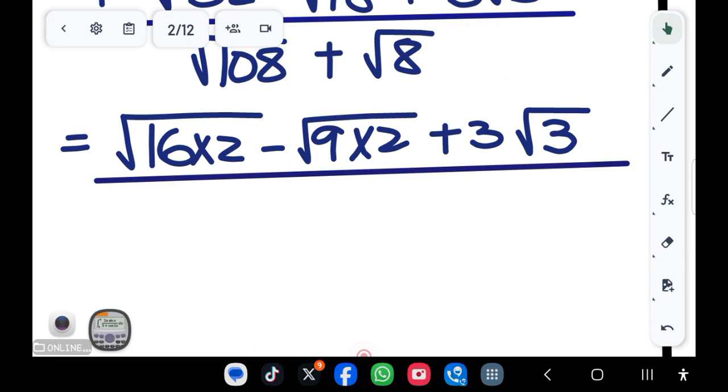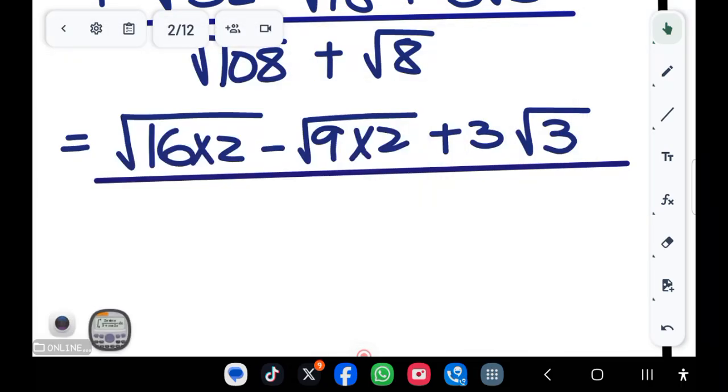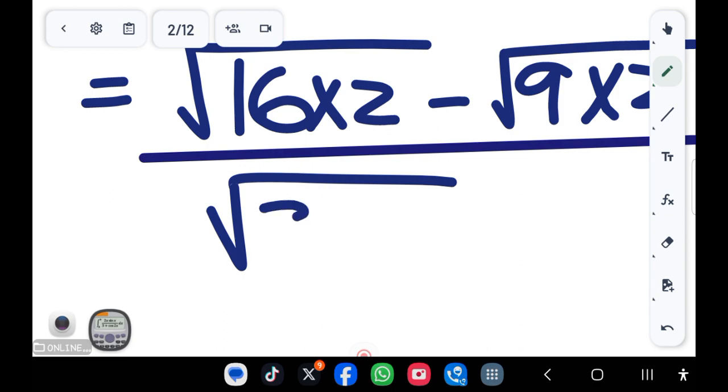Same thing with 108. Take out a calculator and you go 108. That's if you don't know your squares and square roots and all of that. So that's divided by 2 and it gives us 54. 54 is not a perfect square, so let's try dividing that by 3 and see what we get. So let's go back, divide that by 3. There we go. It gives us 36, and that is a square, so that will be 36 multiplied by 3, and that's how you convert that. So it will be the square root of 36 times 3